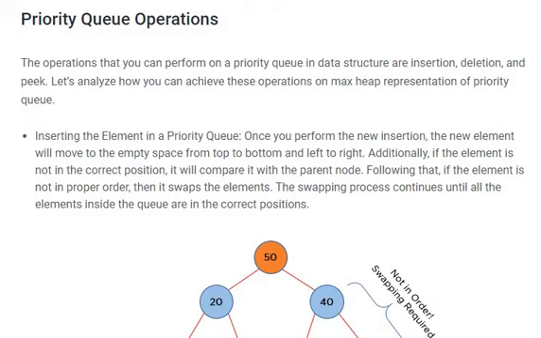Priority queue operations. So you want to insert an element in a priority queue. So we need to check from top to bottom and left to right. If the element is not in the correct position, you need to compare it with the parent node. Then we need to swap.